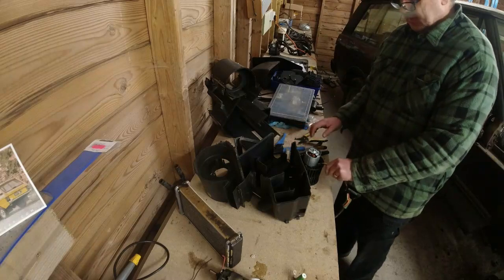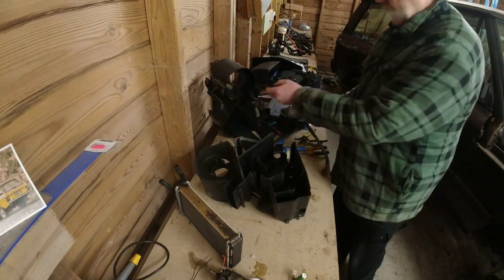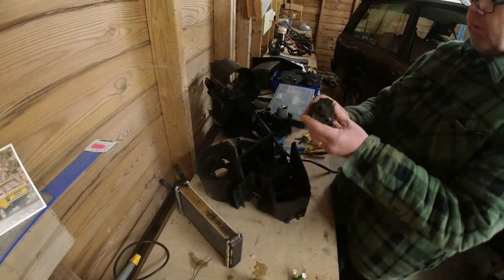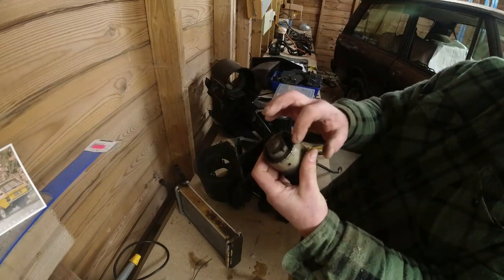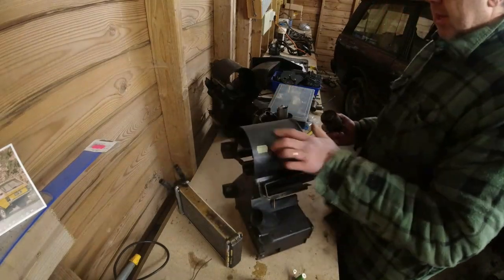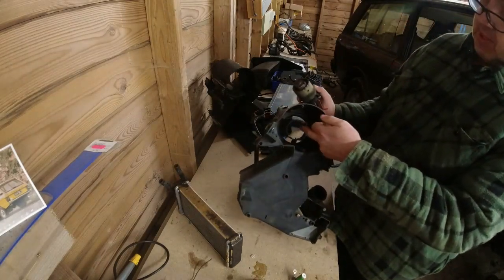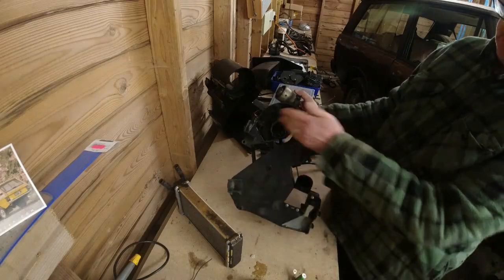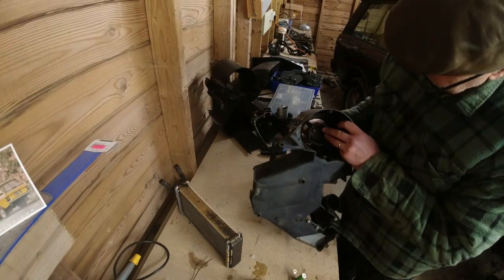Right, that's done that. Now, when it goes into the casing, I'll show you with the old one first of all. What you basically have is a high point and a cutout point. There's the cutout point. Now the cutout point needs to mate up against these two lugs here. Two lugs on that side, so you've got the duck vader, two lugs on that side. It's important the cutout goes to